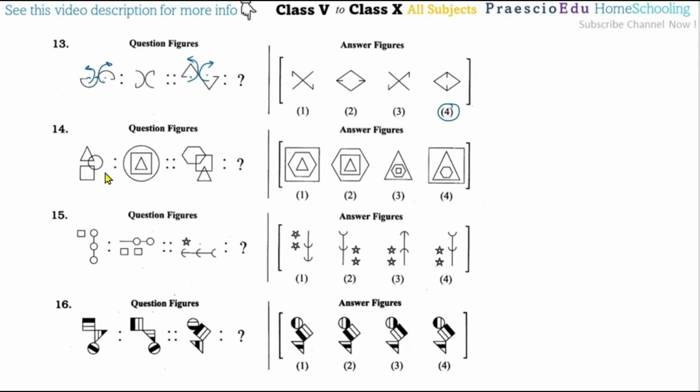Now question number 14. So this triangle with respect to this hexagon, this square with respect to this triangle, and this circle with respect to this square. So as per this movement of this triangle to the center, hexagon to the center is only shown in option number 4. Then circles go outside, here the square, so the square goes outside, and the square is shown here, which means only option number 4 is correct. Then after this, this square is at the middle, so here the triangle is at the middle, so that's why option number 4 is correct.